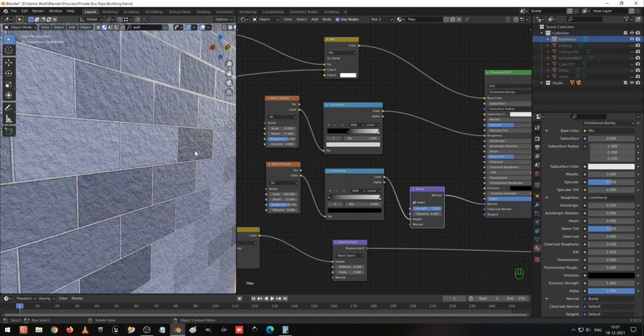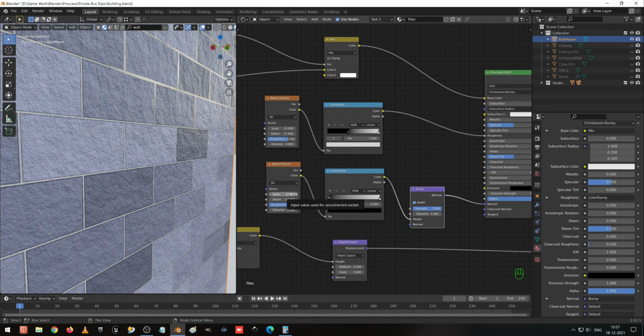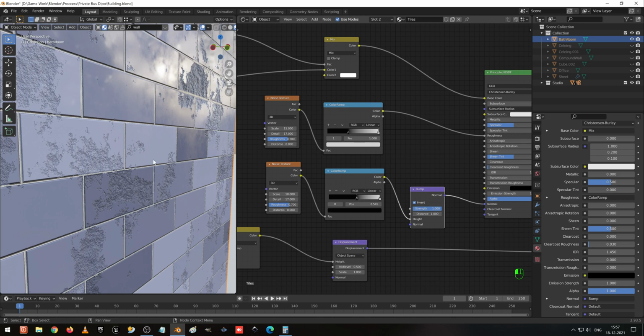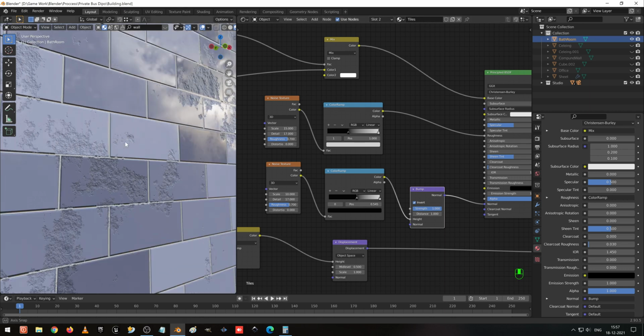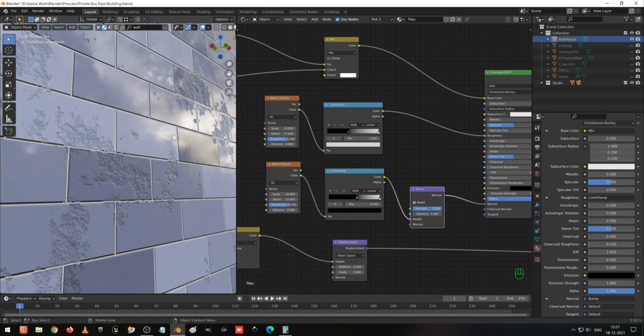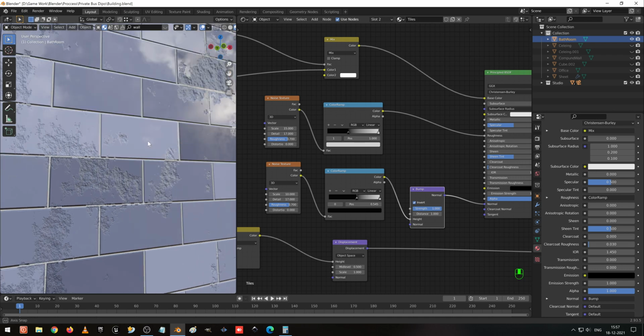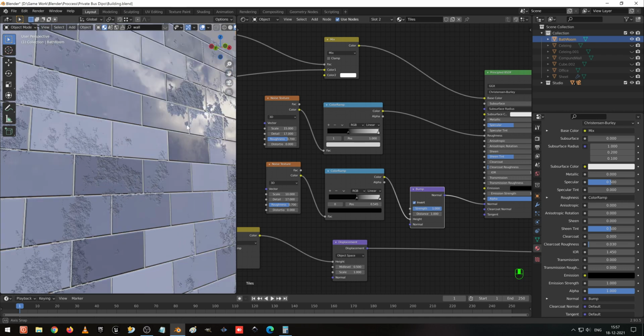And now I'm going to make it 10, and I'm going to increase this value. Now you can see I have given the damaged parts in the textures. Yeah, I think you can view it. So now I have given the damage option in the tiles. So now this is the damage option I have given.